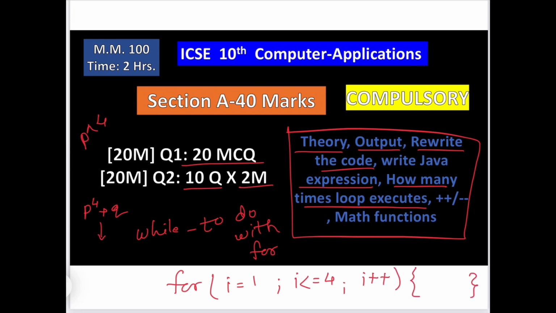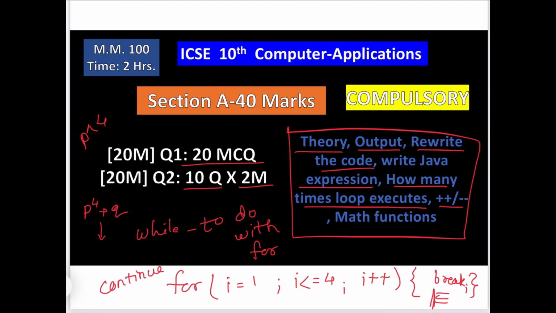In the loop some coding is there, but before that break is written. Then how many times will the loop execute? Nothing, 0 times. Why? Because it will enter the loop and come out, the body will not execute. So you have to take care of break and continue in the given loop if it is given.